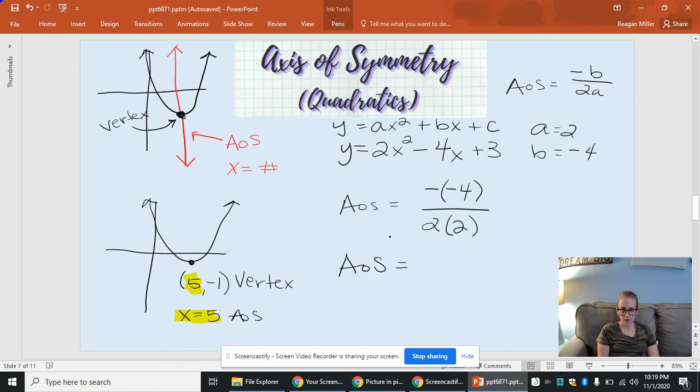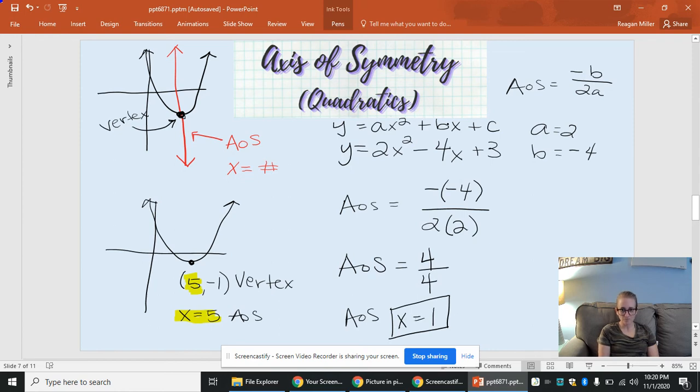If you've done this before, when you write it the first time, you might just say, okay, I know b is -4, and I need to put the opposite of b in my numerator. So instead of writing negative and a negative, which makes it positive, you can just automatically put a 4 up top. And then you have 2 times 2. That is 4. So the axis of symmetry here for the example I've provided is going to be 4 divided by 4, which is 1. Remember that when you write your answer for the axis of symmetry, you have to write x equals. So here it is x